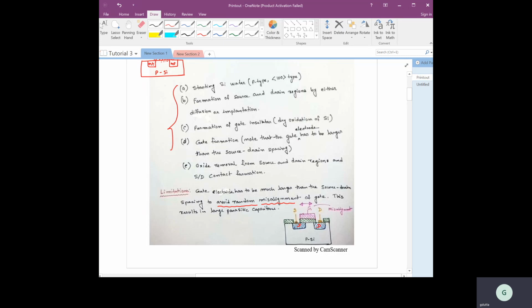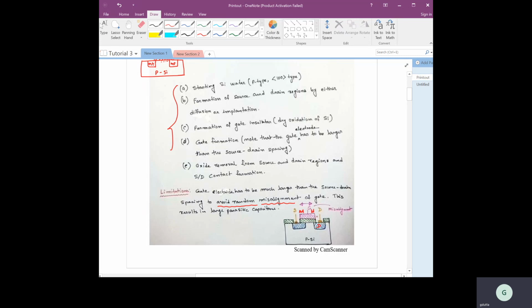So to ensure the operation of a MOSFET fabricated by this gate last process, you have to make sure that there is a sufficient amount of overlap between this gate metal and the source and drain regions, right? Because you are basically keeping some margin: my gate might shift towards the left by this much, and might also shift towards the right by this much, which is a completely random process. Due to that, you need to keep the gate to source and gate to drain overlap quite high, right?